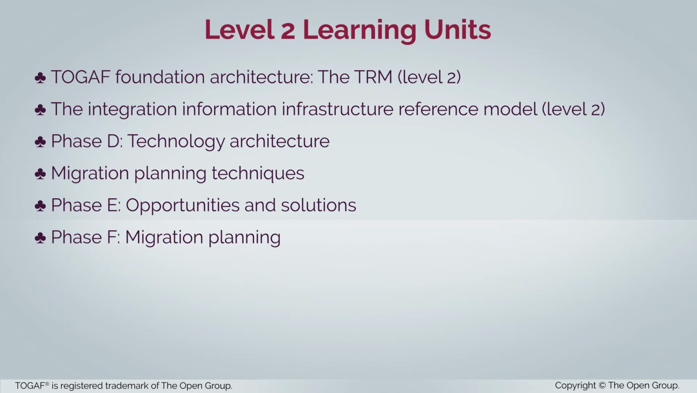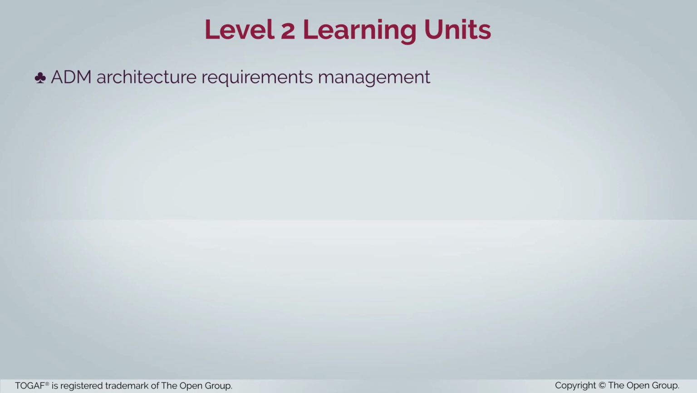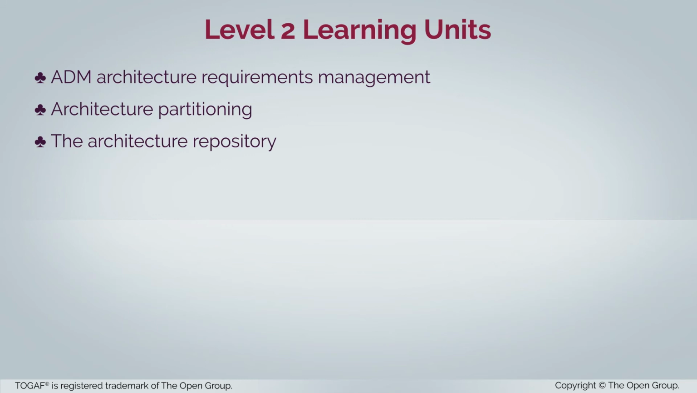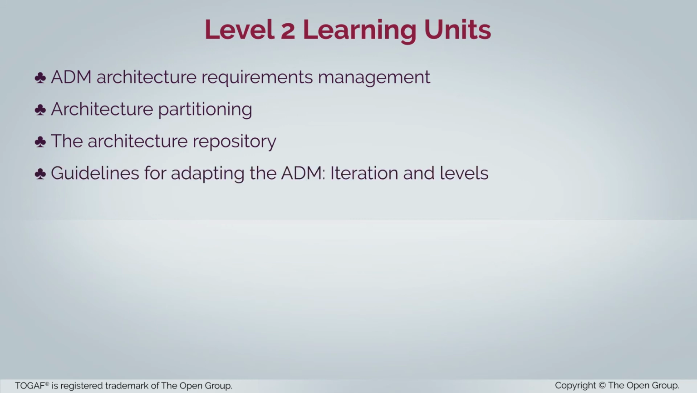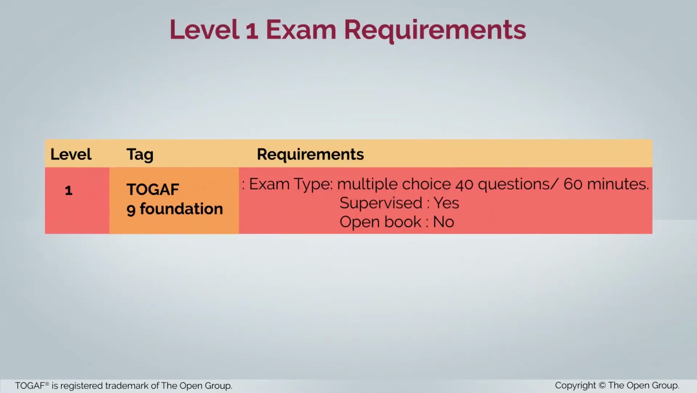Phase F, Migration Planning, Phase G, Implementation Governance, Phase H, Architecture Change Management, ADM Architecture Requirements Management, Architecture Partitioning, the Architecture Repository, Guidelines for Adapting the ADM, Iteration and Levels, Guidelines for Adapting the ADM Security, Architecture Maturity Models, and the Architecture Skills Framework. Level 1 exam requirements are: for Level 1, tag TOGAF 9 Foundation, your requirements are the